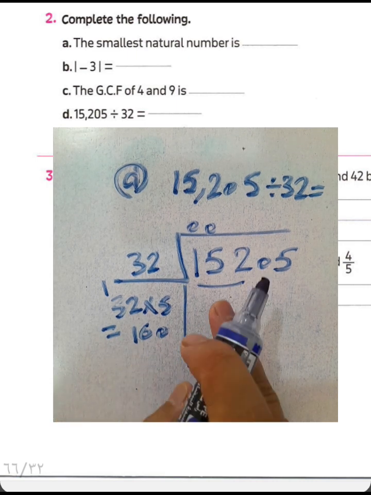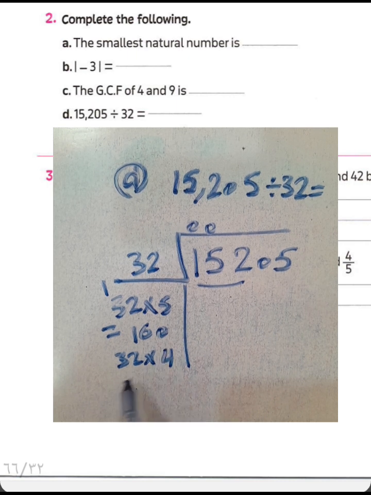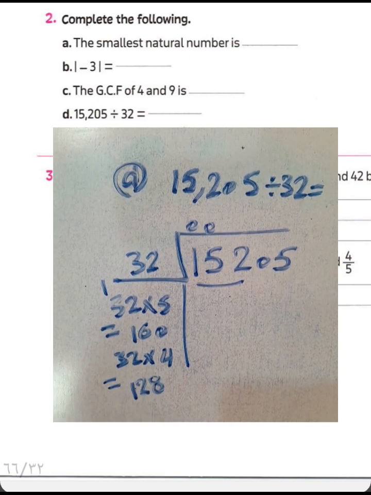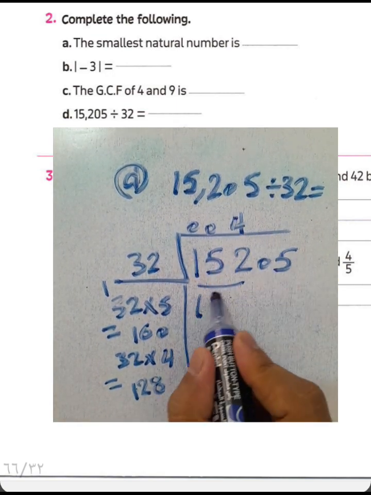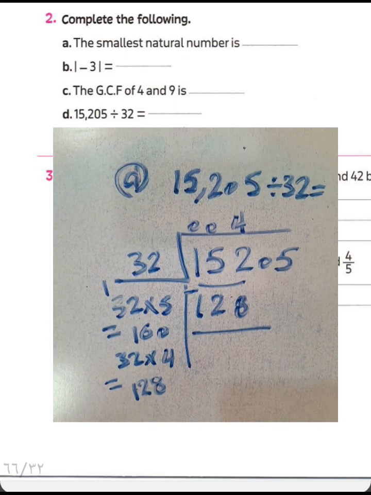160 is greater. Then you can write 32 times what? Times 4. 2 times 4 equals 8. 3 times 4 equals 12. 128. You can write 4 in the quotient because 128 is less than this number. And then you can find the difference between the two numbers here. 152 subtracted by